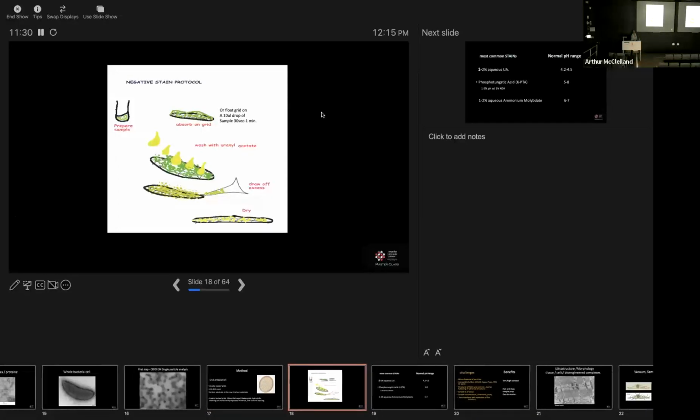Then the negative staining procedure couldn't really be much simpler. The hard part is preparing your sample. That's all you in your lab going through the painstaking steps needed to get a pure sample. After that, we're just going to absorb the sample onto the grid for 30 seconds to a minute, and then pick up our 2% uranyl acetate, wash it off with 5 drops, and draw off the excess stain with a piece of number 50 Whatman filter paper. We use number 50 Whatman filter paper because it's hard filter paper and we're not going to get any dust or lint from the paper onto the grids. And then we just let that air dry.